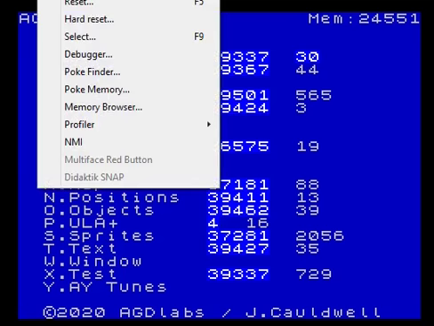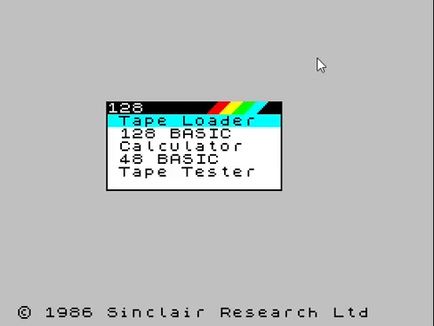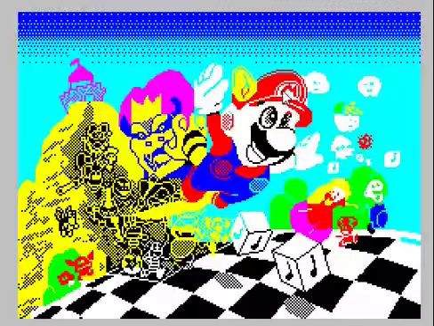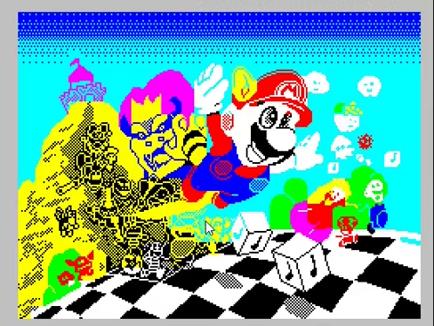Reset the machine, and we'll just go to load tape, and there you go. As you can see, we have the loading screen, and it has a pause. You're going to press a key and then the game will run. Now obviously with this game I haven't done a clear screen, I haven't done an intro screen, so the whole thing won't be quite as slick as it would be in a final finished game, but you get the idea. If I press a key,